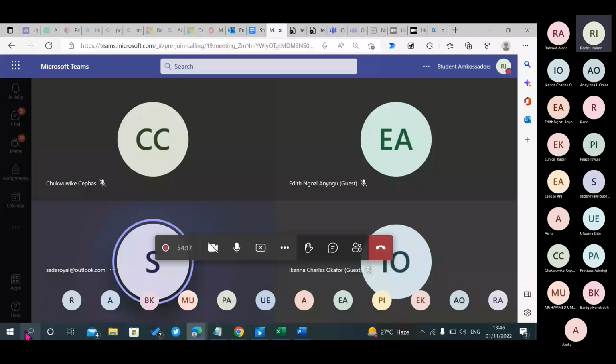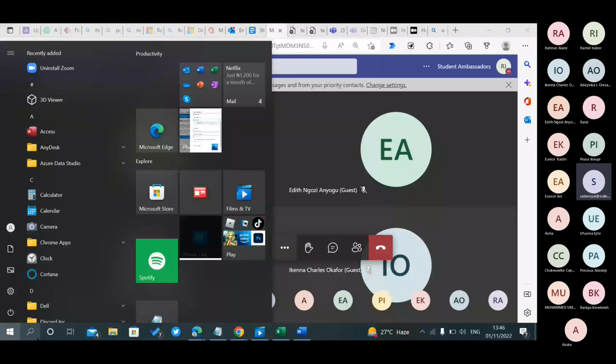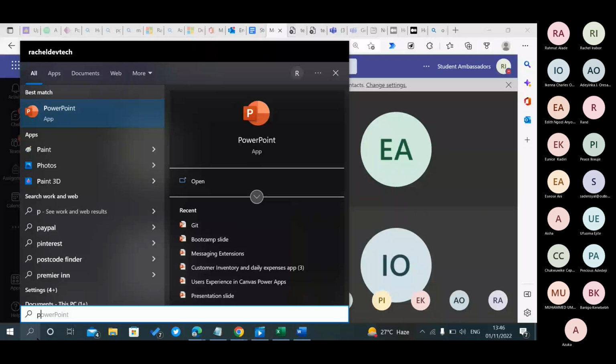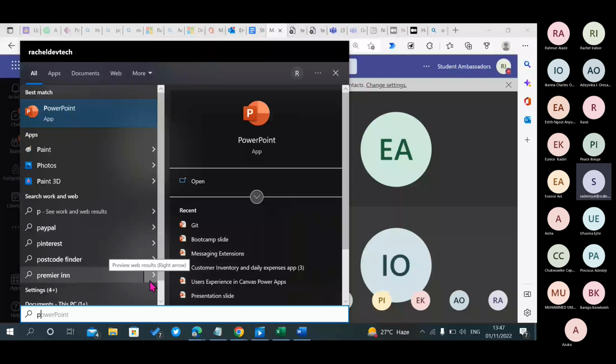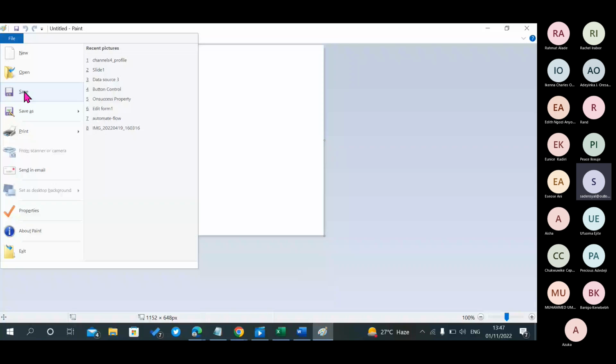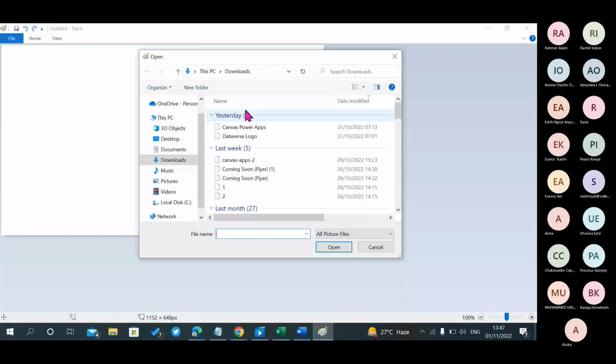Are you seeing my screen? Not yet. Tell me when you're seeing my screen. Okay, I can see PowerPoint. I think I can see your screen. So just use Paint. But Paint is not always neat. The ones I see nowadays are really neat.